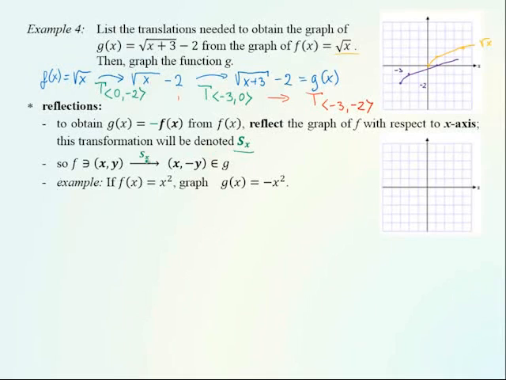Okay, so symmetry in the x-axis takes a point x, y and brings it to the point x, -y. For example, a point 3, 2 to a point 3, -2. Okay, let's graph a particular example. Again, we'll refer to the basic parabola, which we know how to graph easily, like that. Then to obtain a graph of g of x, which is -x squared, we have to reflect this parabola in